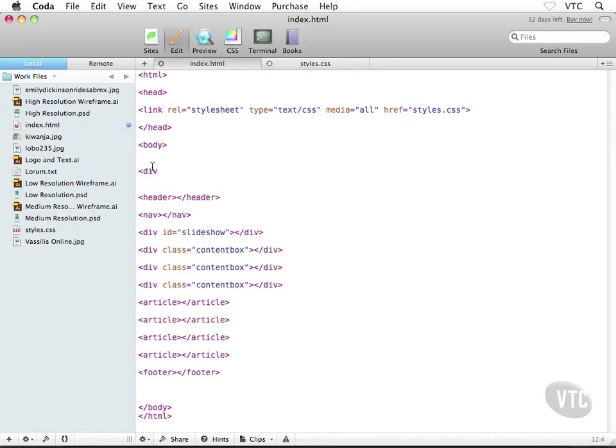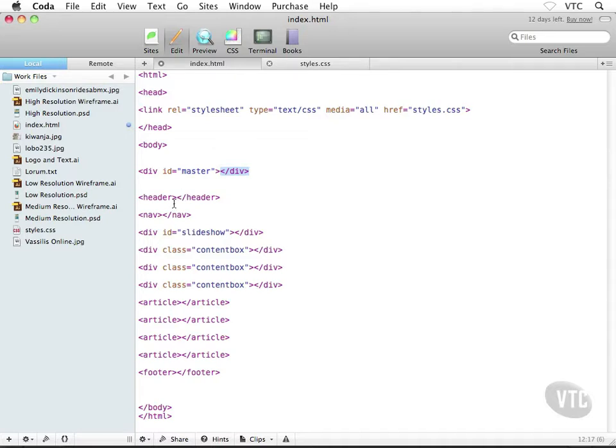Now, very much like we saw earlier with the slideshow, I'm going to use an ID selector for this guy. So it's going to go open angle bracket div, space, id equals, and then I always call this guy master. Okay, and he has to be contained inside quotes. So id equals open quote master close quote, close angle bracket. Now, once again, Coda is helping me out by sticking in the closing div tag, which is very helpful, but